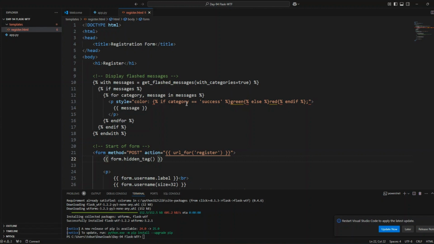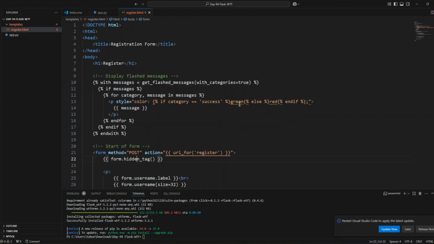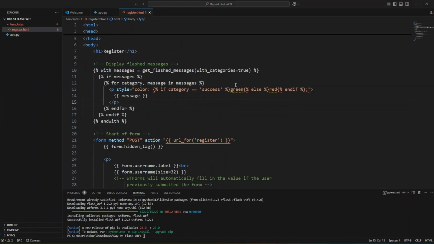So what I'm setting in color. Remember, the last time we did flash message, it's possible to set the color so that if it is green, then it's success, and if it is red, it's not. So if the category is success, and if the category is danger, then I want it to be green and red. There is a better way to handle this, because you see we get a warning message that says do not use empty rule set. So what I can do is to have